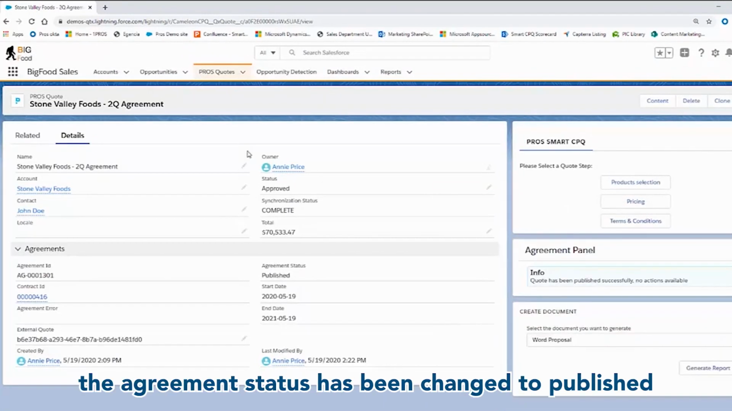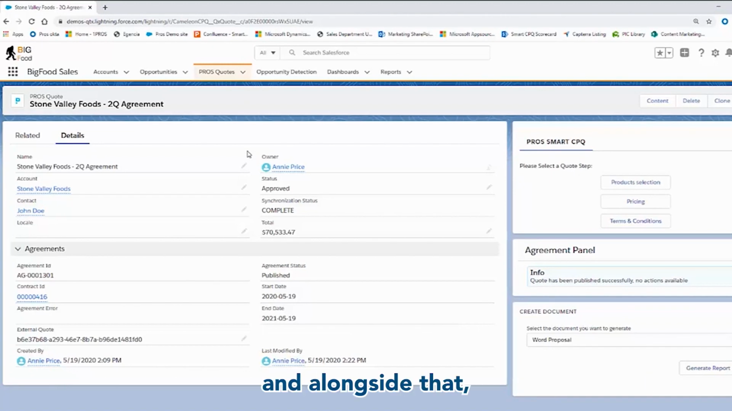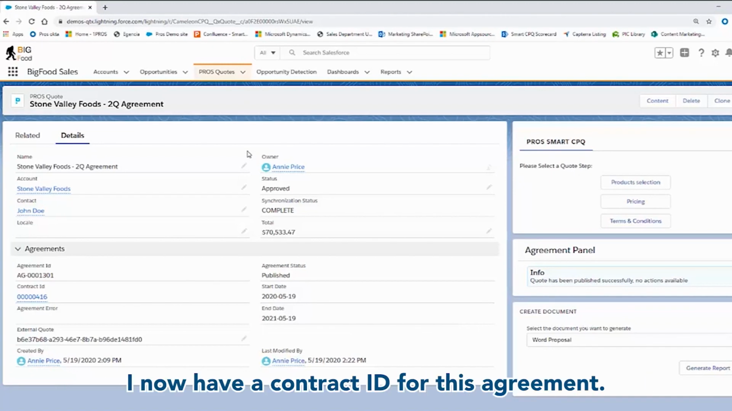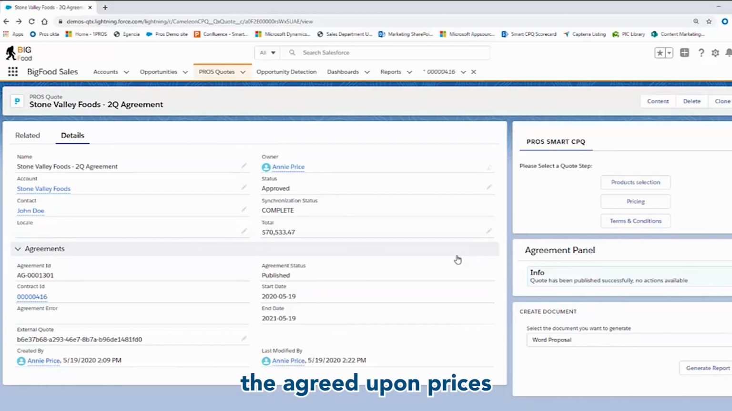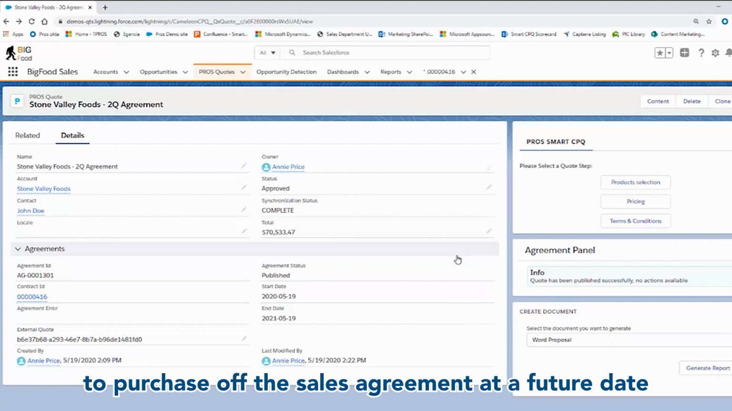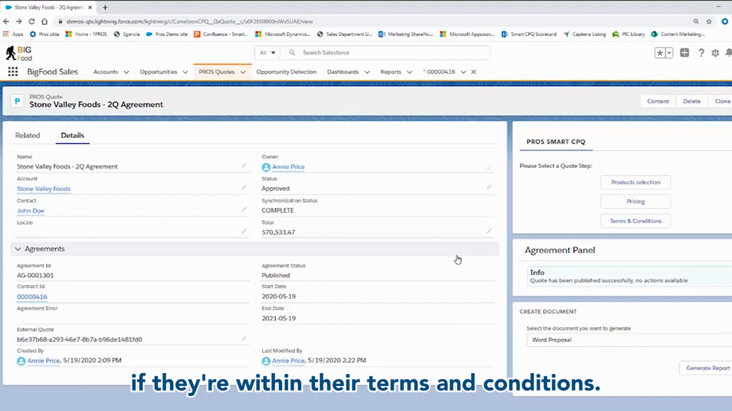With the approval, the agreement status has been changed to published, and alongside that, I now have a contract ID for this agreement. Once a sales agreement has been published, ProSmart CPQ stores the agreed upon prices into the central pricing repository, allowing Stone Valley to purchase off the sales agreement at a future date if they're within their terms